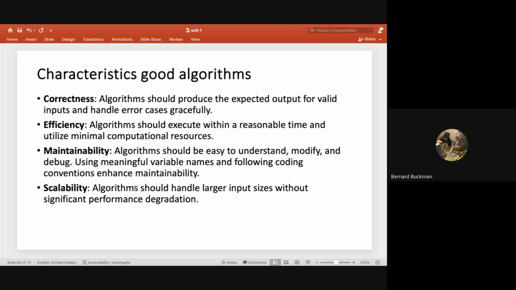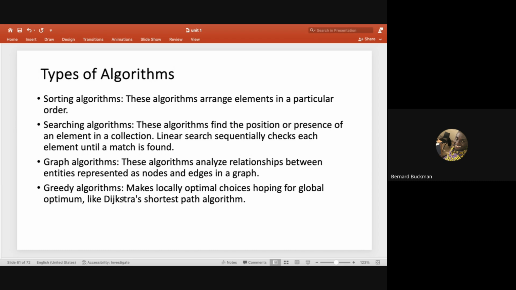And then algorithms should be scalable. When we say scalable, we are talking about when the algorithm's input changes, can we still use that algorithm without having an effect on the efficiency or on the time it takes to run? That is also very, very important. Now, there are several types of algorithms. We have sorting algorithms, search algorithms, and graph algorithms. When we say sorting algorithms, we're simply referring to algorithms that help us to do sorting. Sorting here being what?